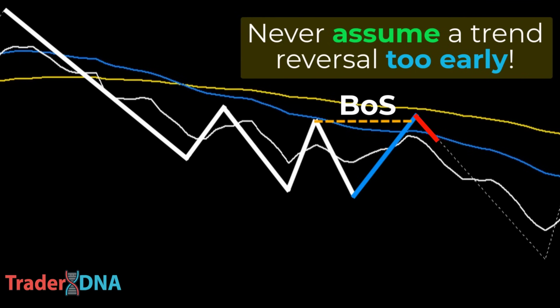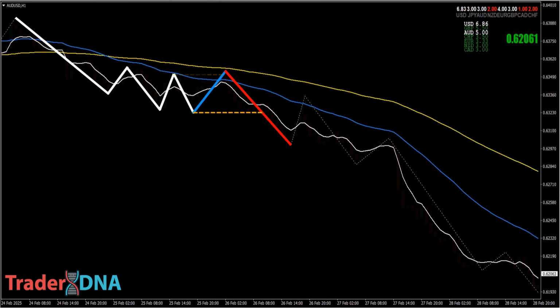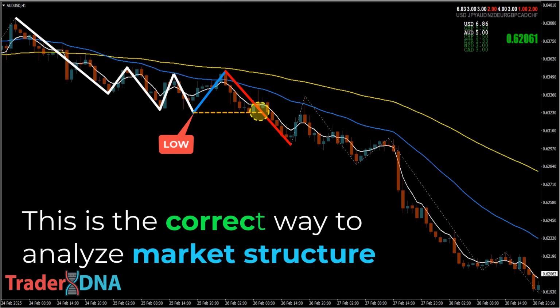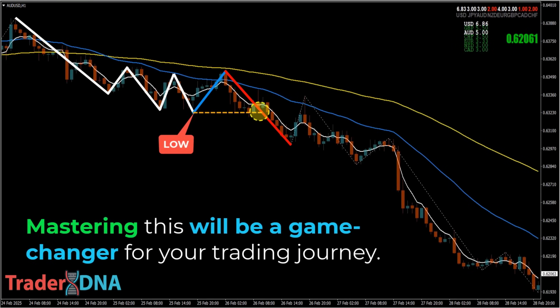Watch closely. Does the zigzag indicator form a higher low, or does the price drop even lower than the last swing low? If a higher low forms, that's your signal that the market could be shifting to a bullish trend. But if the price continues dropping past the previous swing low, that means the bearish trend is still in play. This is the correct way to analyze market structure, and mastering this will be a game changer for your trading